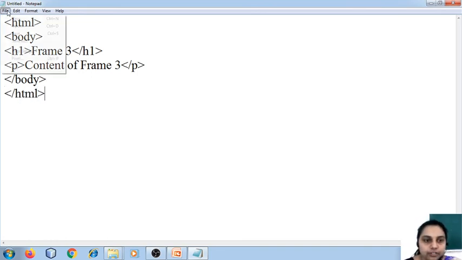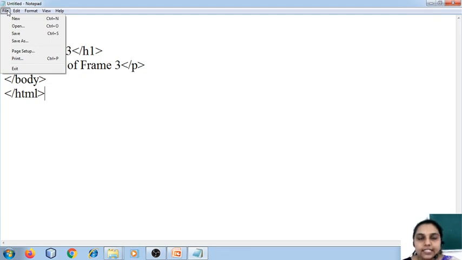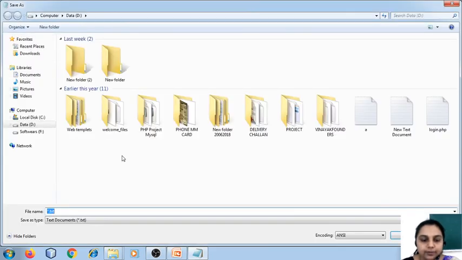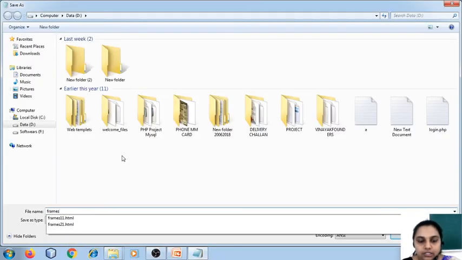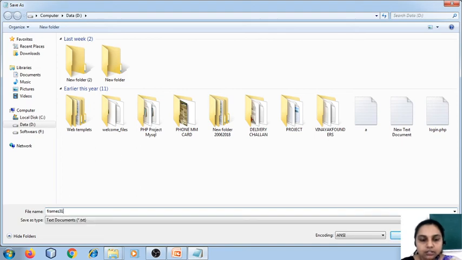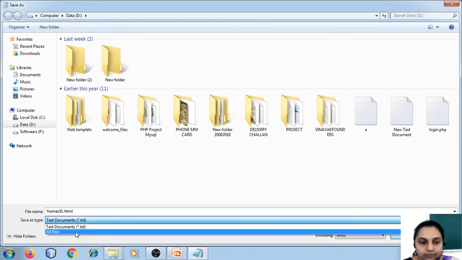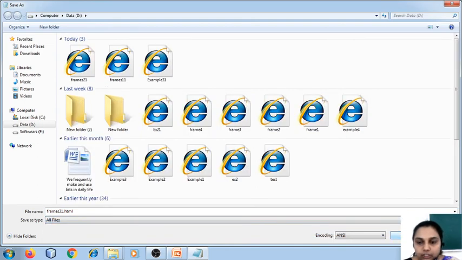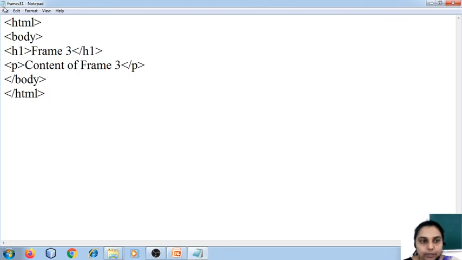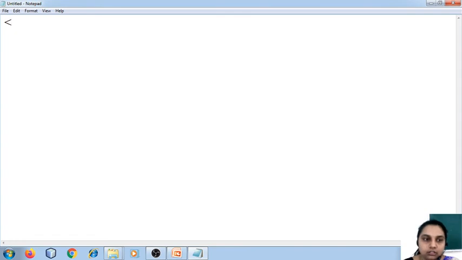Okay, so I'm going to save. I have saved the main source file as example31.html, so I cannot save here same, so I'm going to save it as frames31.html. It's example and here it is frame, so that is fine. I click on save. Now coming to the last file, HTML, body, h1.